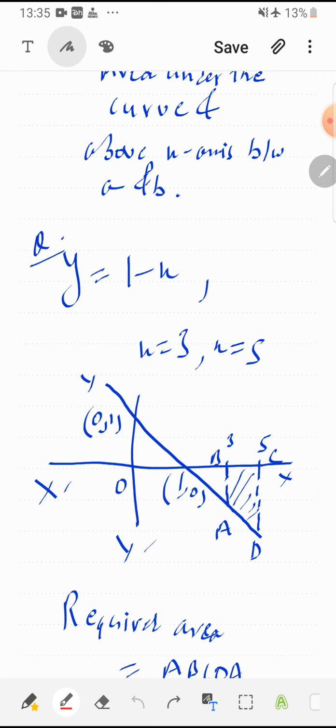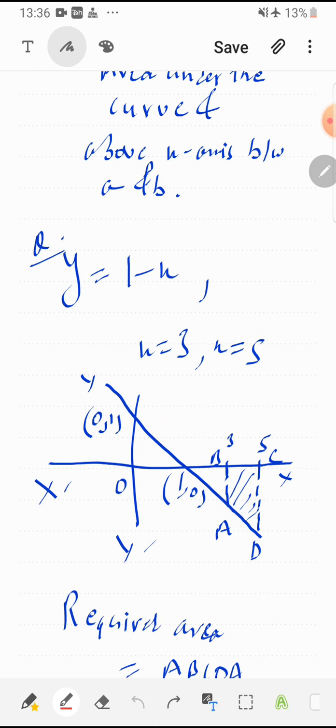Some margins are there, that means we can do like I have drawn this line. If I draw a line like this, then it's okay, no problem, because we are drawing a rough diagram. But if I draw in the wrong quadrant, then that is wrong, because quadrant should be specified properly. Left hand side, right hand side, upward, downward, we should take care of these things. Now clearly (0, 1) and (1, 0) are two points where the line is intersecting on the coordinate axis.